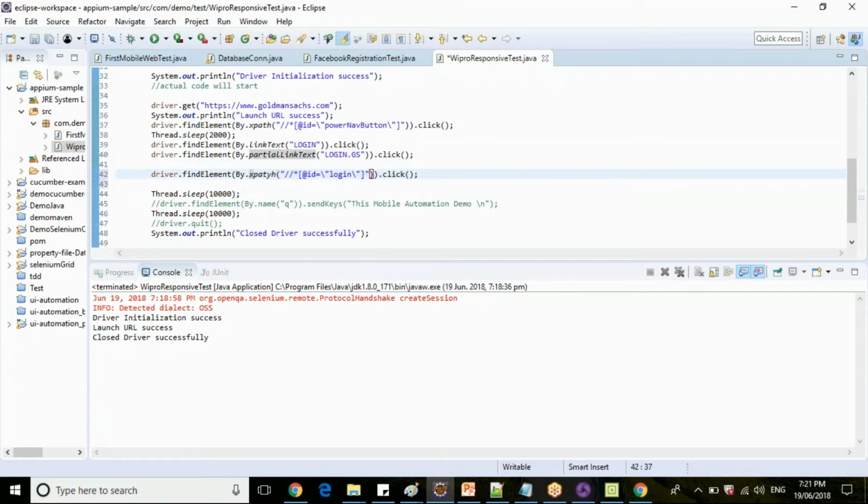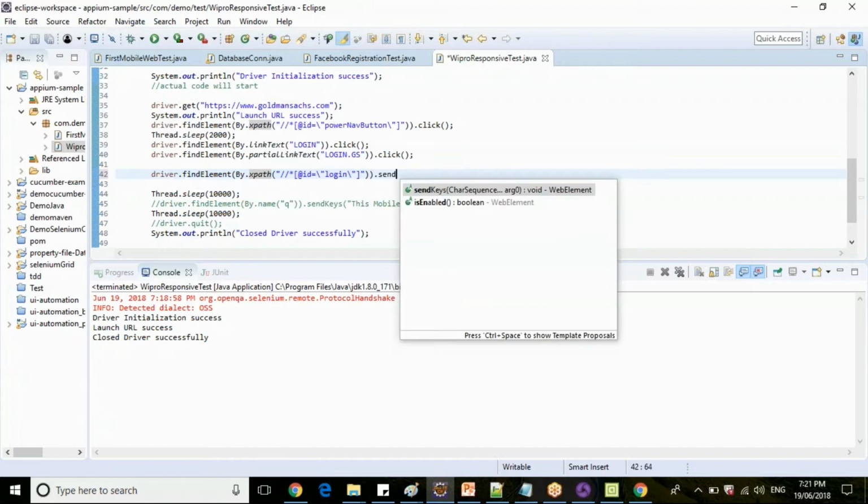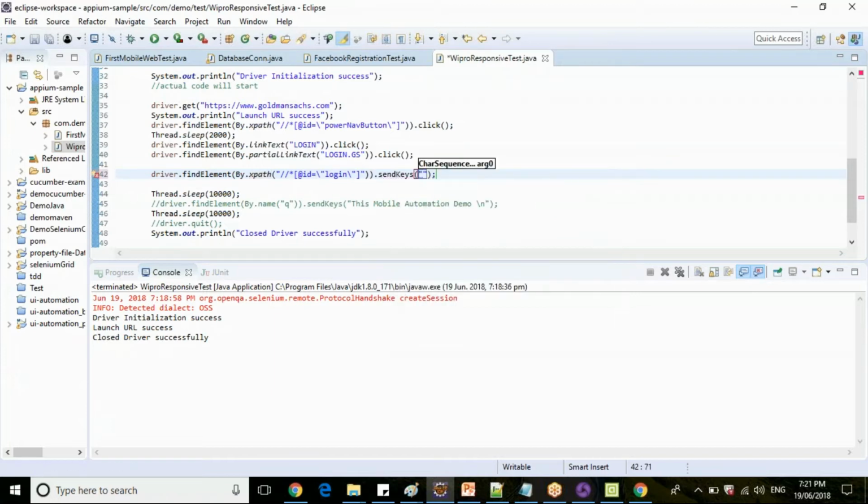So this is the XPath, guys. Correct? And you need to send some keys here. Let's say test login.